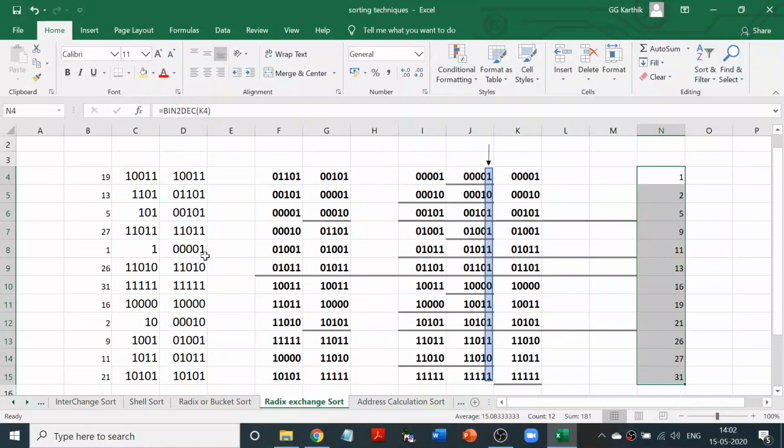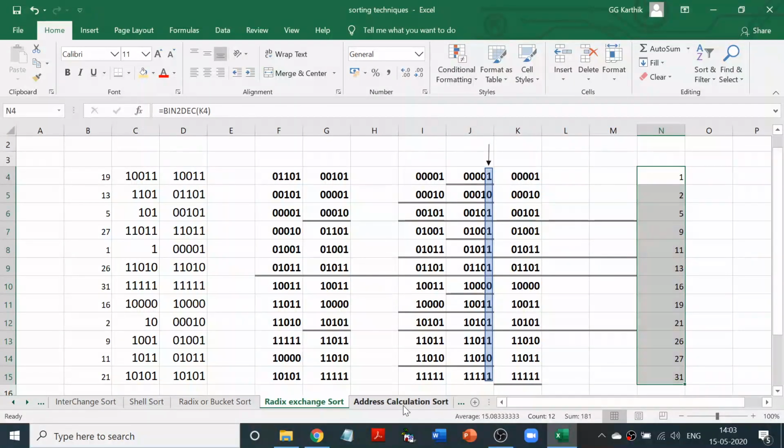So I make sure that there are uniformly 5 digits in all the numbers, with preceding zeros if it is not already so. Right, then I took the first column and divided the numbers into zeros separately and ones separately, then took the second column, divided them into zeros and ones, and so on. So I got 5 iterations. After the 5th iteration, what I have is the sorted list, but the sorted list here will be in binary. I should convert it into decimal, so I will get the actual list. Understand? This is known as the radix exchange sort.